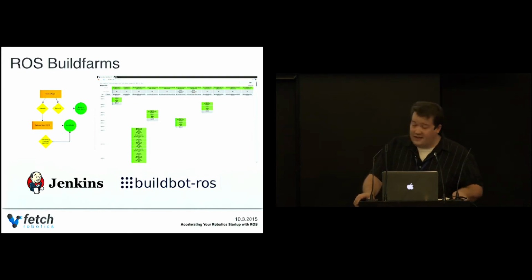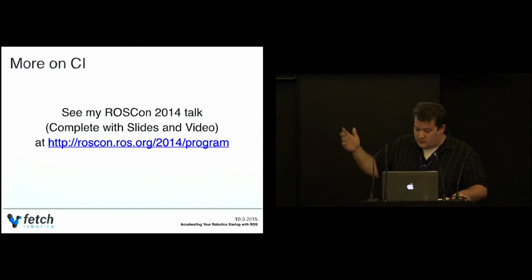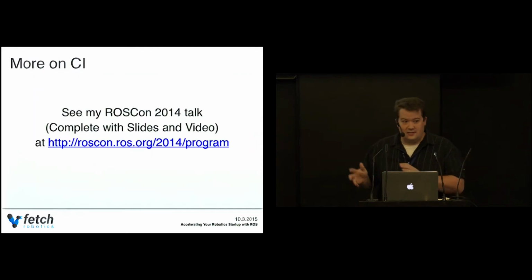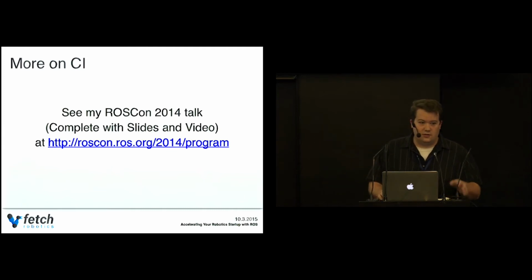Okay, and then there is Build.ROS, which I produced actually in Unbounded Robotics, and then we continue to use at Fetch. And so this is sort of that same graphic. It's actually straight out of my talk last year on continuous integration, and then the view with the waterfall. If you're more interested in continuous integration, that's all I'm actually going to say about that. Check out the talk that I did last year, which actually goes through all of those things in much more detail, because that's the whole talk.